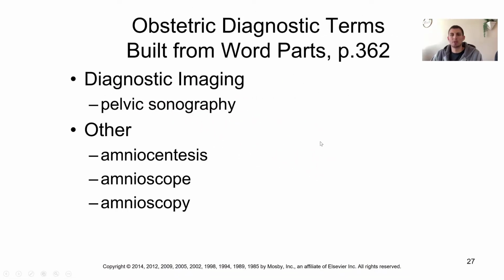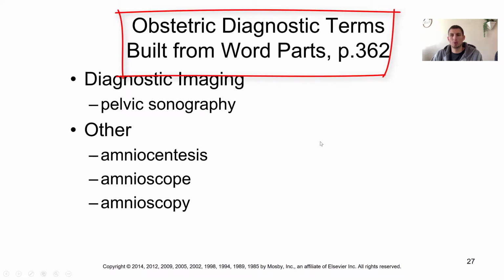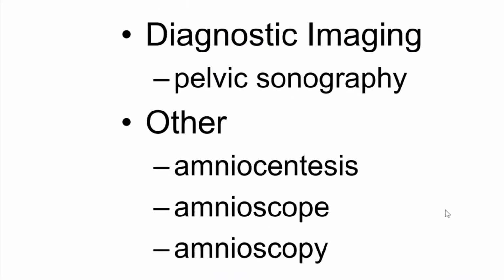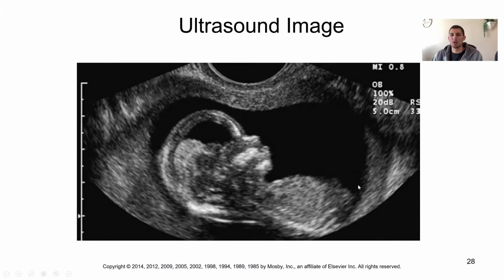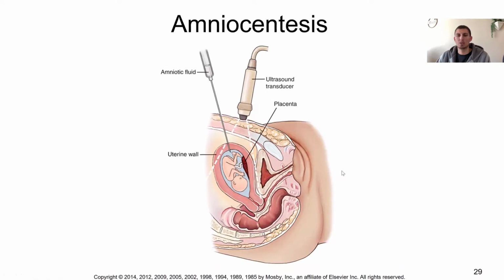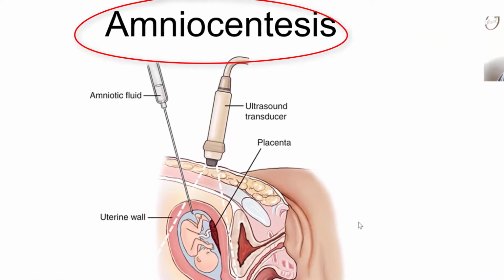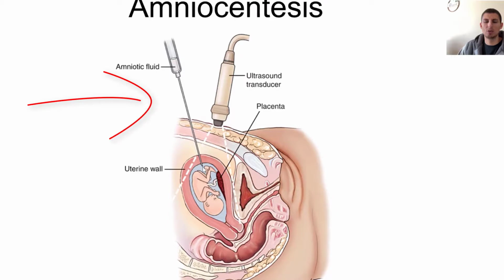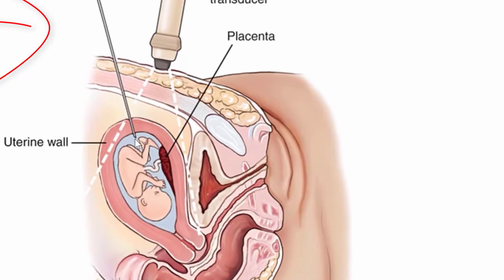Flip the page over to 362 and we see some more obstetric diagnostic terms that are built from word parts. So like a diagnostic imaging is in here with like a pelvic sonography, and then amniocentesis, amnioscope, and amnioscopy. Here's the ultrasound, the pelvic ultrasound that we were discussing, and here's the amniocentesis, which uses that amnioscope or amnioscopy in order to help guide this needle down into the amniotic sac in order to pull out some of the